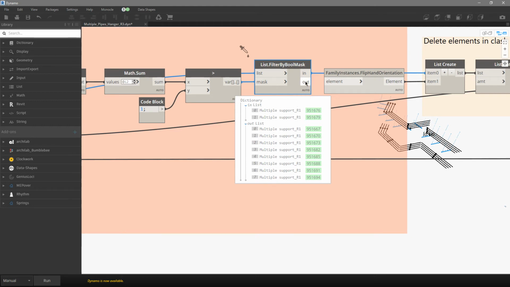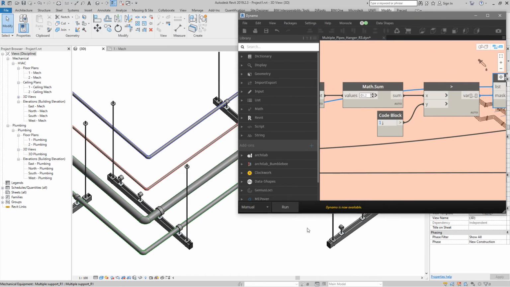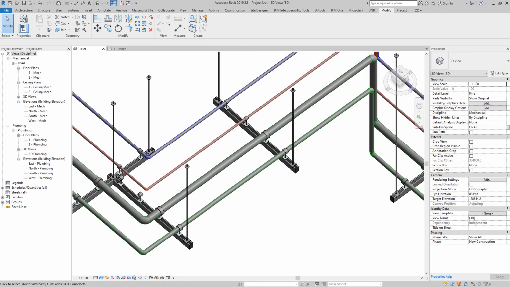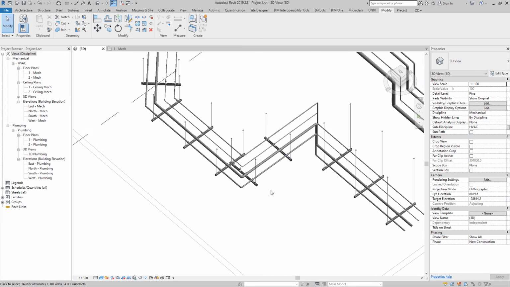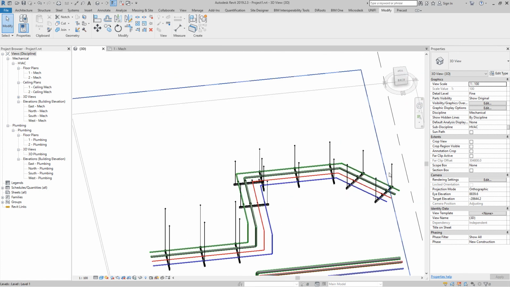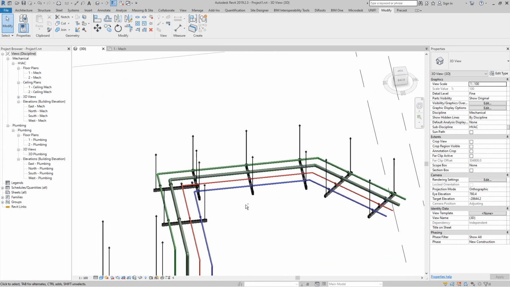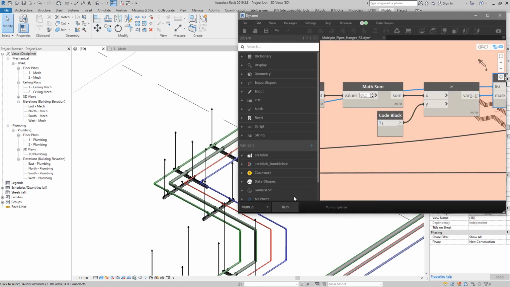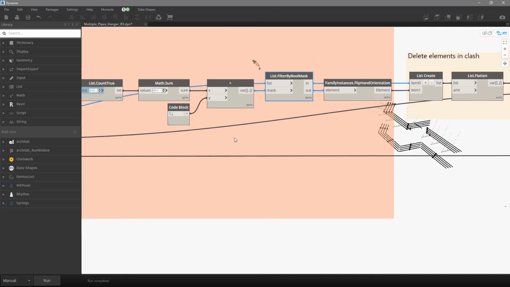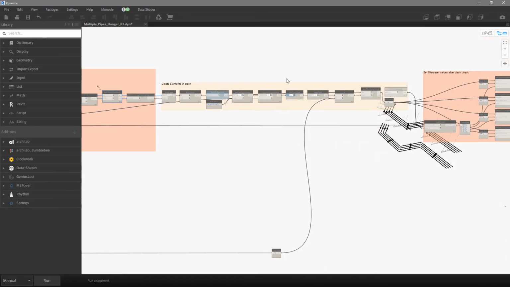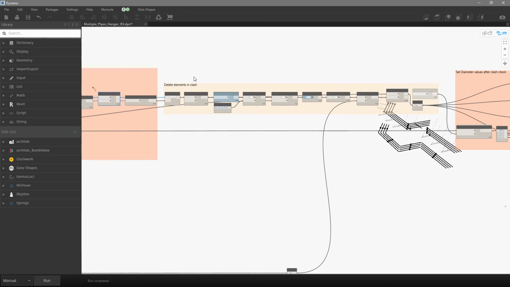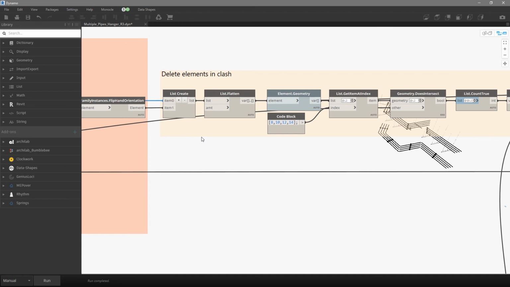to flip. So now when we connect this and run the script again, okay, so now Dynamo flips automatically all our hangers, but that is not enough, so we must also delete elements which do not have the same number of collisions as the number of pipes. So again we will